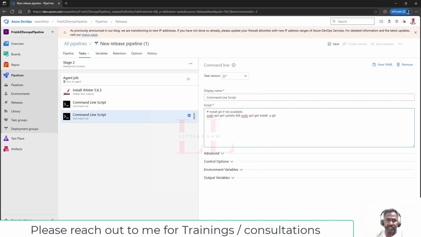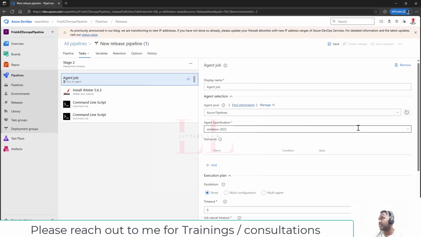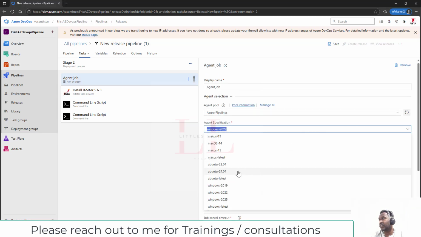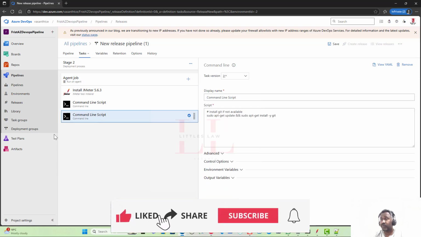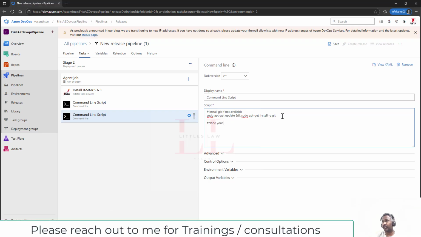And before that, let me just check the agent job. Okay, it's Ubuntu. So in that case, let me change this to Ubuntu, because only there the sudo works, right? And then as the next step, I'm going to clone the repo, right? We need to clone the repo. Clone my target